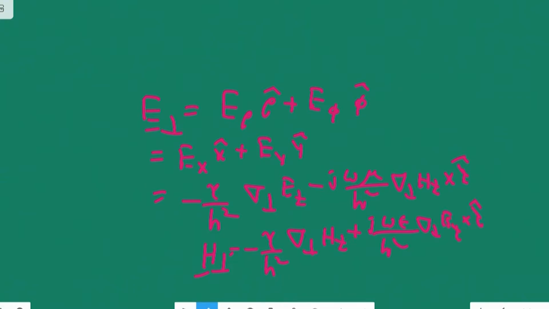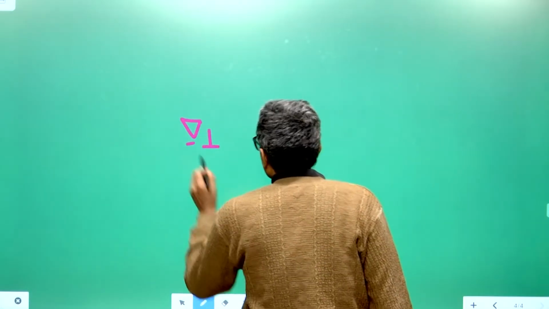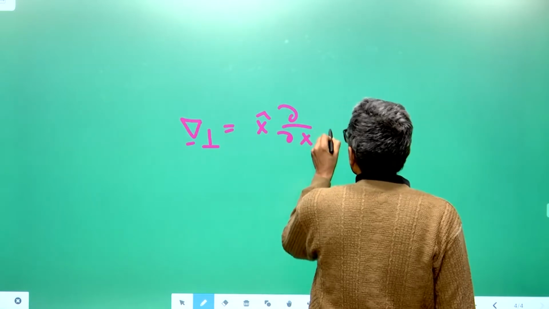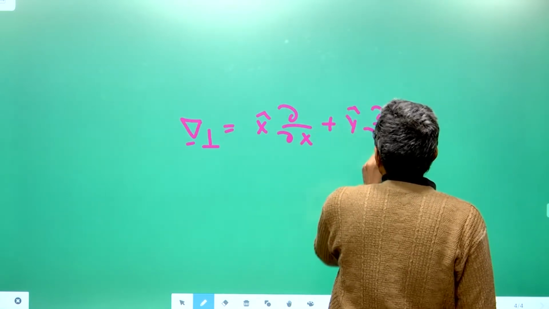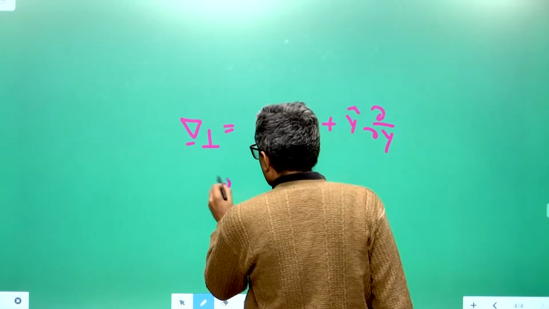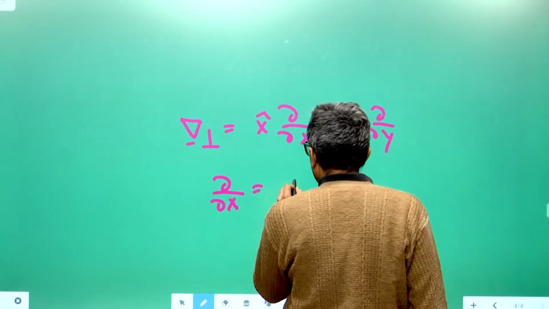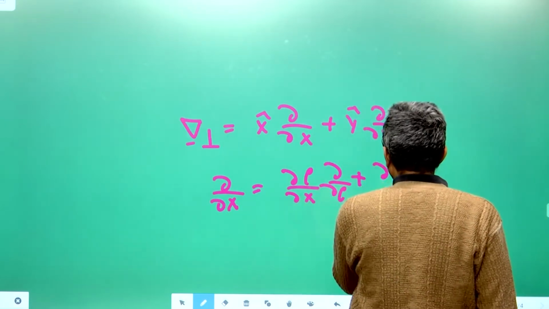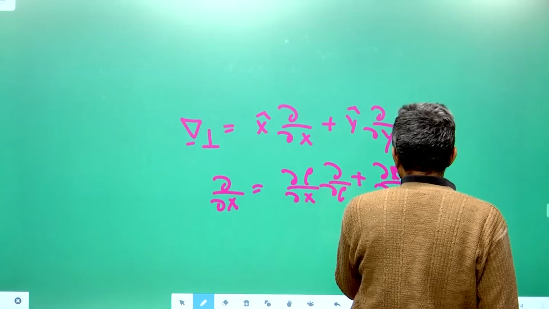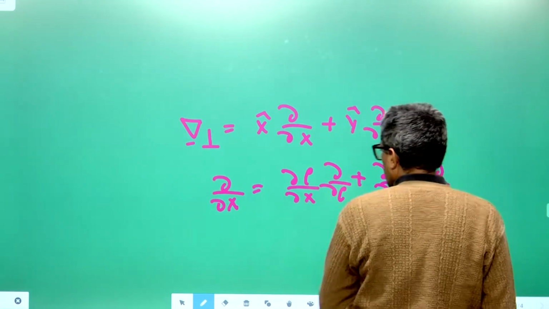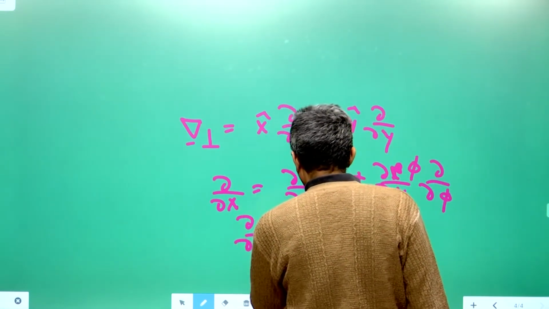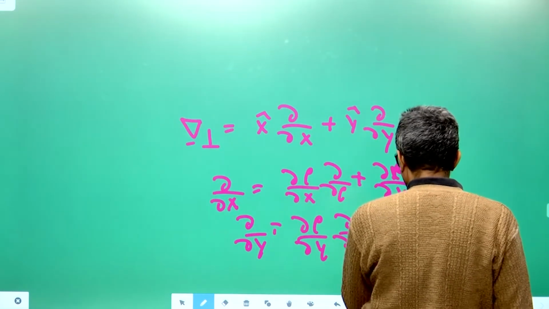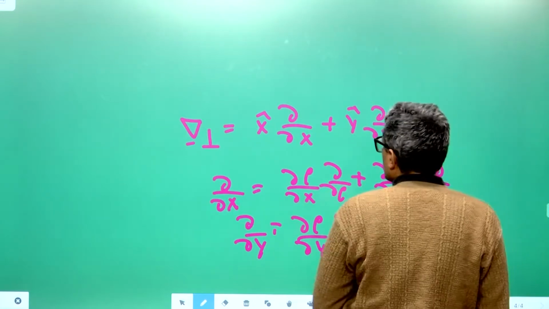Or equivalently, using the fact that the gradient operator in the plane polar coordinate system can be written as, in the Cartesian coordinate system, x hat ∂/∂x plus y hat ∂/∂y. If you use the change of variables, for example, you write the derivative with respect to x as ∂ρ/∂x ∂/∂ρ plus ∂φ/∂x ∂/∂φ, and similarly ∂/∂y you write as ∂ρ/∂y ∂/∂ρ plus ∂φ/∂y ∂/∂φ, and use the fact that